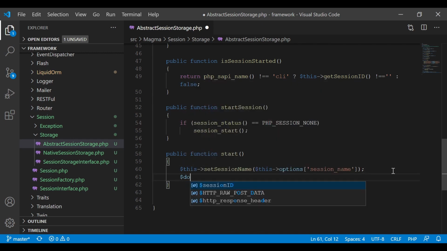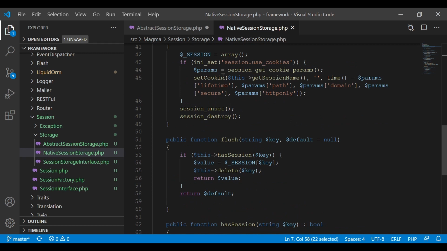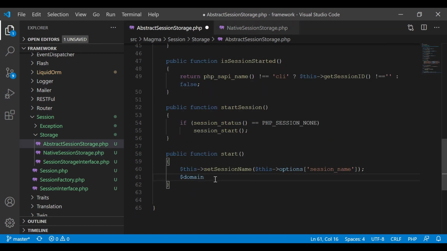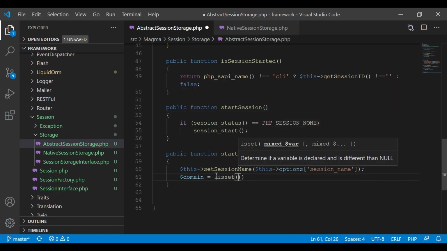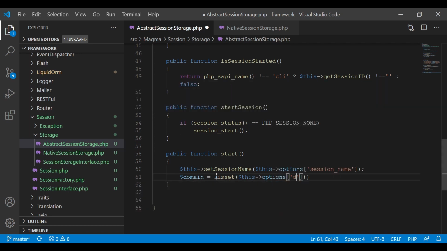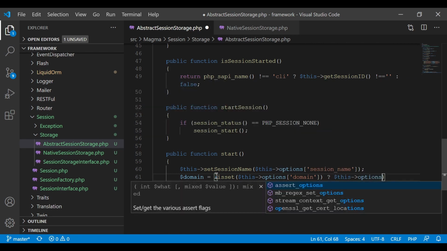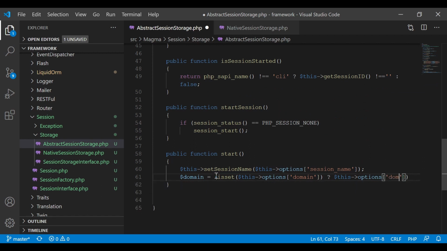Then we're going to define that domain, and this domain is where we've set the cookie params, or the get cookie params, and we've got params path, domain, HTTP only, and secure. We're going to be defining all of these right here, and it's all going to be coming from our configuration file. I'll say if isset this options domain, then we want to get that domain,